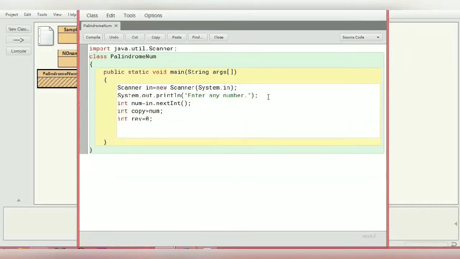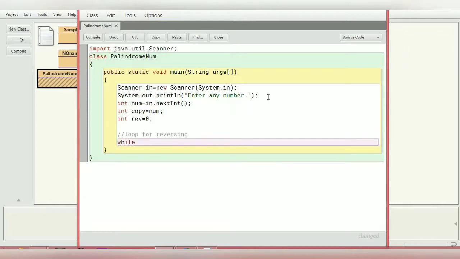Now I need to reverse, so let's use the loop here, a loop for reversing. Those who don't know how to reverse, I highly request once again to first go and visit the video on reverse of a number. So let's start with the loop.